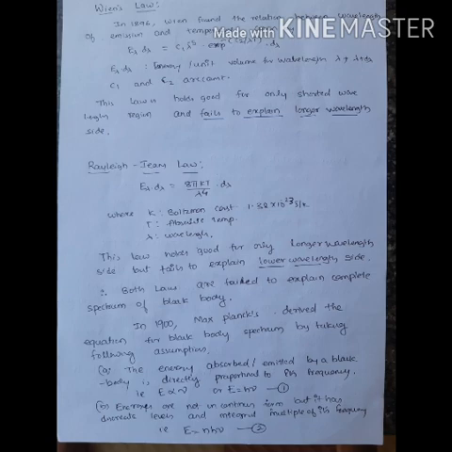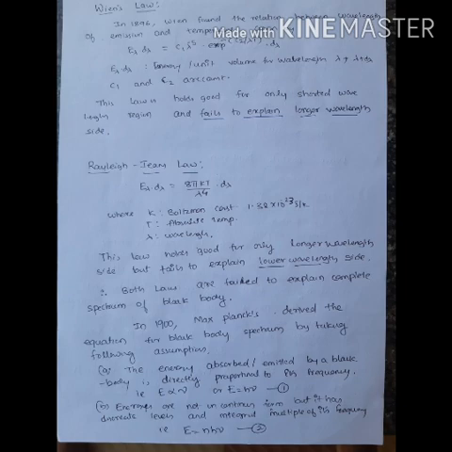Later, Wien and Lord Rayleigh and Jeans carried out theoretical investigations on the black body, and they derived equations for the black body. It's just like an expression. For example, for a straight line the theoretical expression is y equals mx plus c. In the same way, for the black body curve they tried to give a theoretical expression. So the first one is Wien's law.